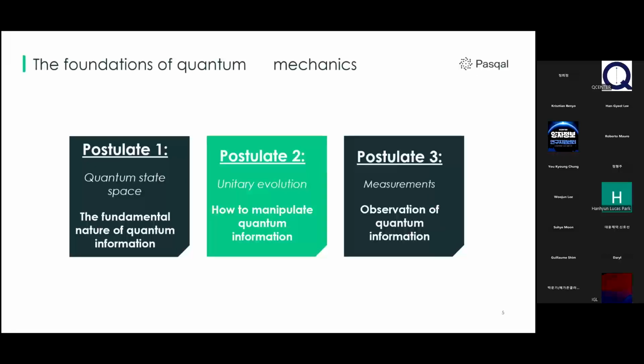So indeed, the first postulate revolves around the fact that it defines what a quantum state is. So it defines the mathematical nature of what a quantum bit is. The second postulate defines how quantum information can evolve from a mathematical perspective. What does it mean to do an elementary operation, in a sense, on your quantum information? And the third axiom defines what we call measurement, so the observation, recovering information from the quantum world to the